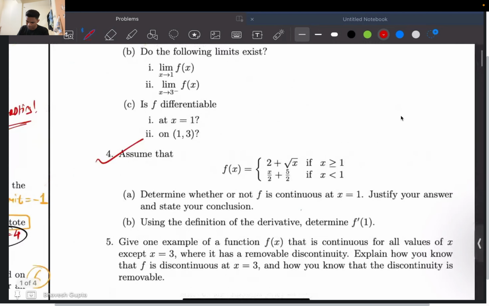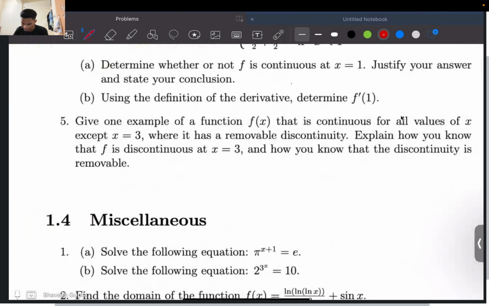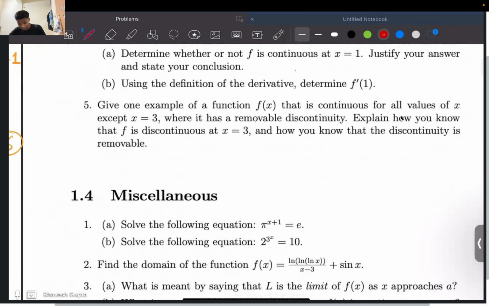And in the fifth question, it basically tells you: give one example of a function that is continuous for all values of x except x equal to 3, where it has a removable discontinuity, and explain how you know that function is discontinuous at x equal to 3, and how you know that the discontinuity is removable. In the first class itself, I told you,